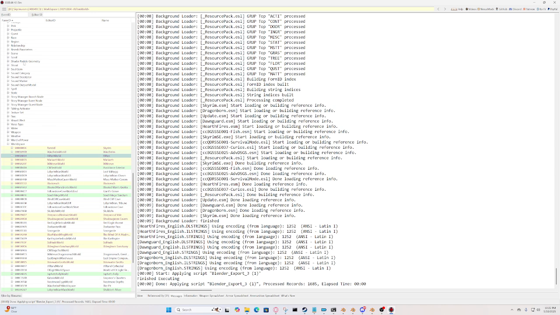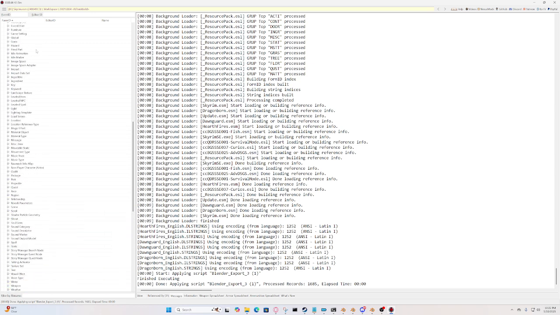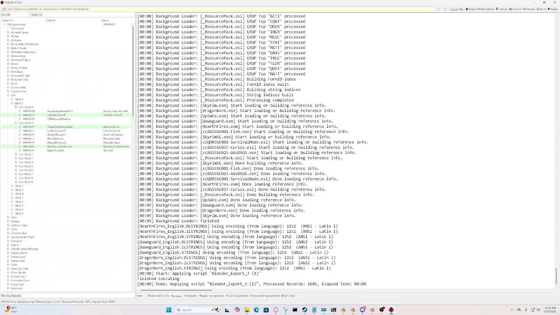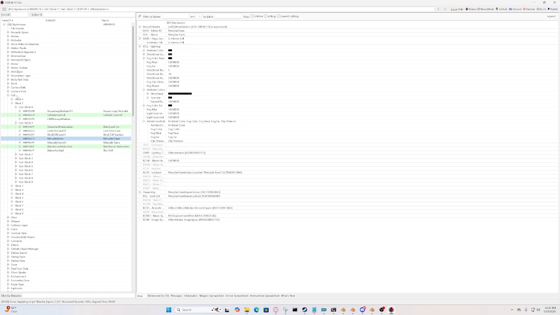This is basically going to be that process. So you're going to look for the cell or the world space. In this case, I'll show you where cells are. It's going to be up under here for Skyrim. It's going to be right here. Basically, you're going to find your cell. You have to dig for it sometimes. If you're wanting to scan something from the vanilla game,